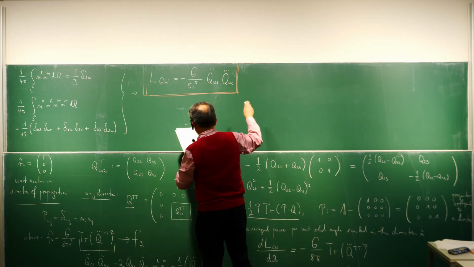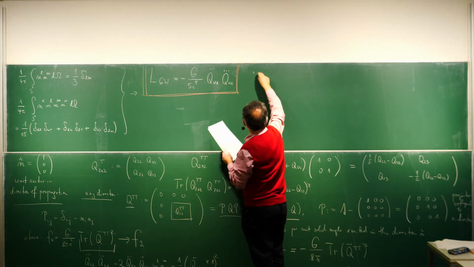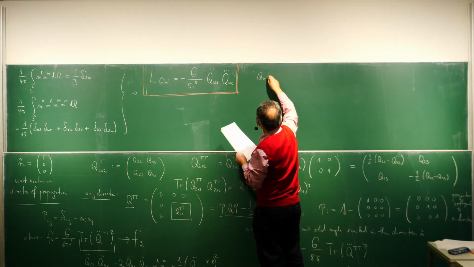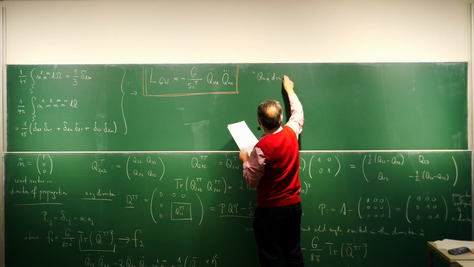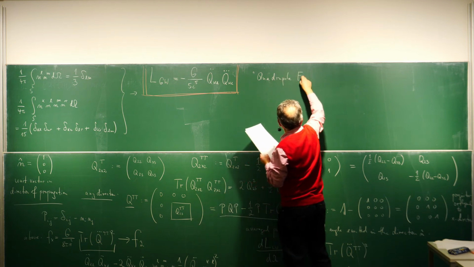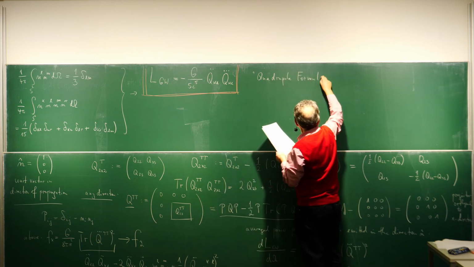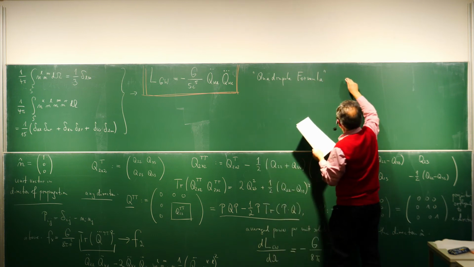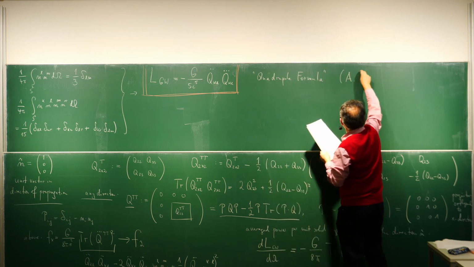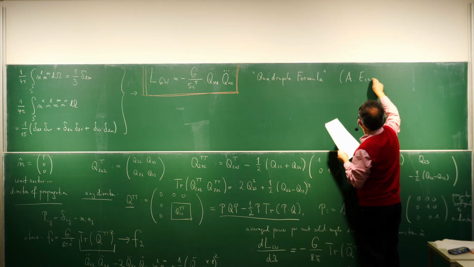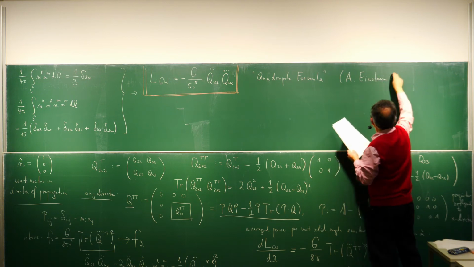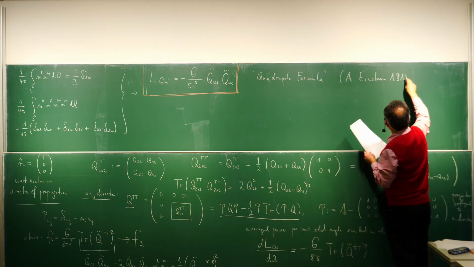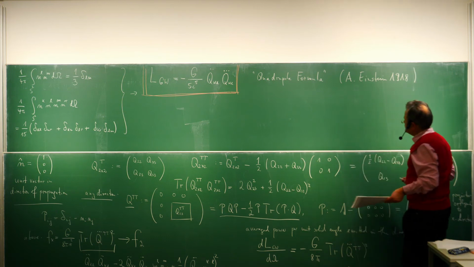And this is the famous quadrupole formula. It's called like that, quadrupole formula. And it was written down for the first time in this way by Einstein himself in 1918. So already in 1916 he